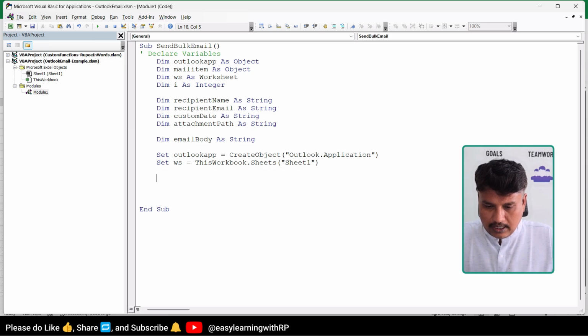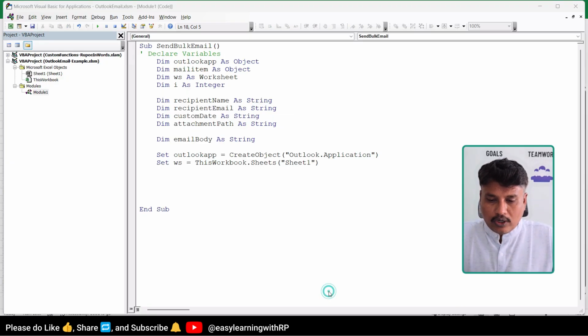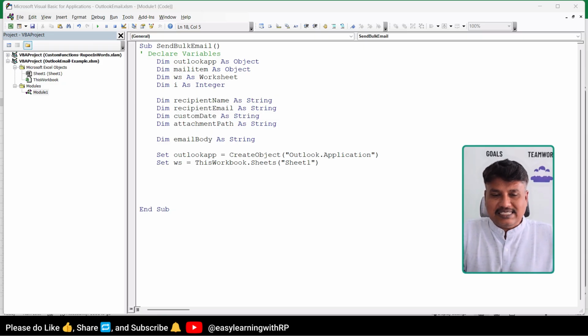Now as you see in Excel, we have two rows, but it is possible that when you create an application, it could have more than two rows. So we won't make the application dependent on that. Here we will start a loop with For i equal to 2.